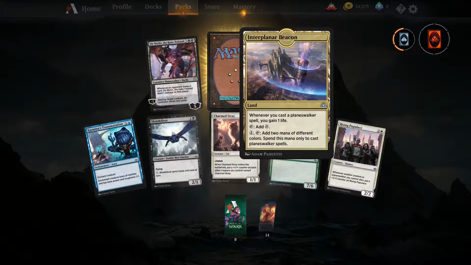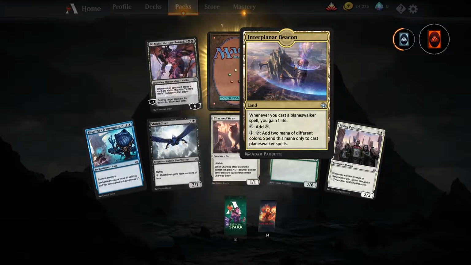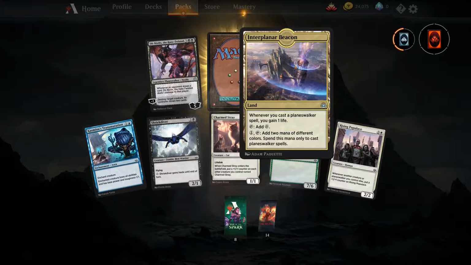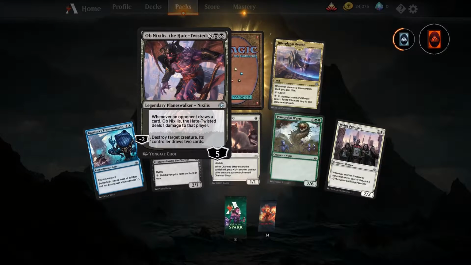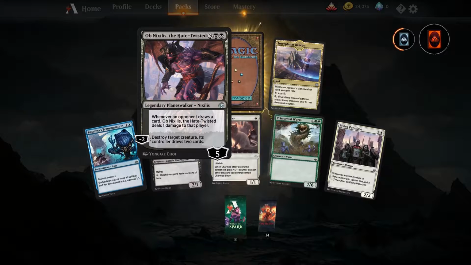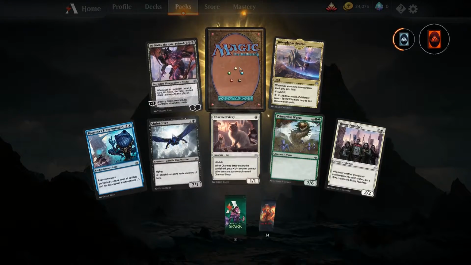Interplanar Beacon. Whenever you cast a Planeswalker spell, you gain 1 life. Add two mana of different colors. Spend this mana only to cast Planeswalker spells. Okay. Obnyx, the Hate Twisted. Whenever an opponent draws a card, Obnyx deals 1 damage to that player. Destroy target creature. Its controller draws 2 cards. And the rare,